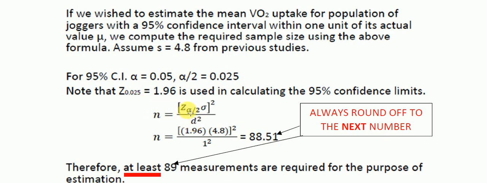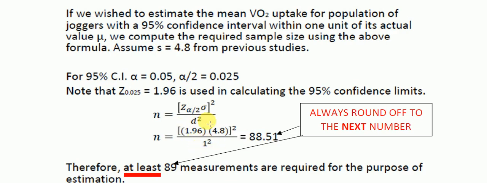So 1.96 is plugged in over here. Then we have the value of sigma. So sigma is 4.8 over here. S is also a symbol for standard deviation, and so is sigma. So we put in the value of S, 4.8 whole square over here, and then